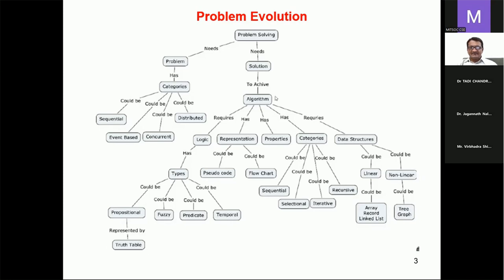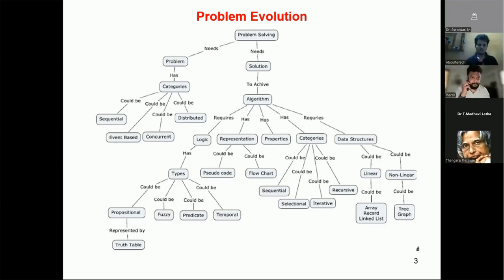Then let us go into this branch of the tree: problem solving requires an algorithm, and then you have to decide whether you would like to implement your solution with a sequential algorithm, with parallel algorithms, or with quantum algorithms. Is it clear? Try to understand. Then when you look into the algorithmic aspect of any solution, it requires logic. And again you have to decide which logic is the best choice for your implementation, right?